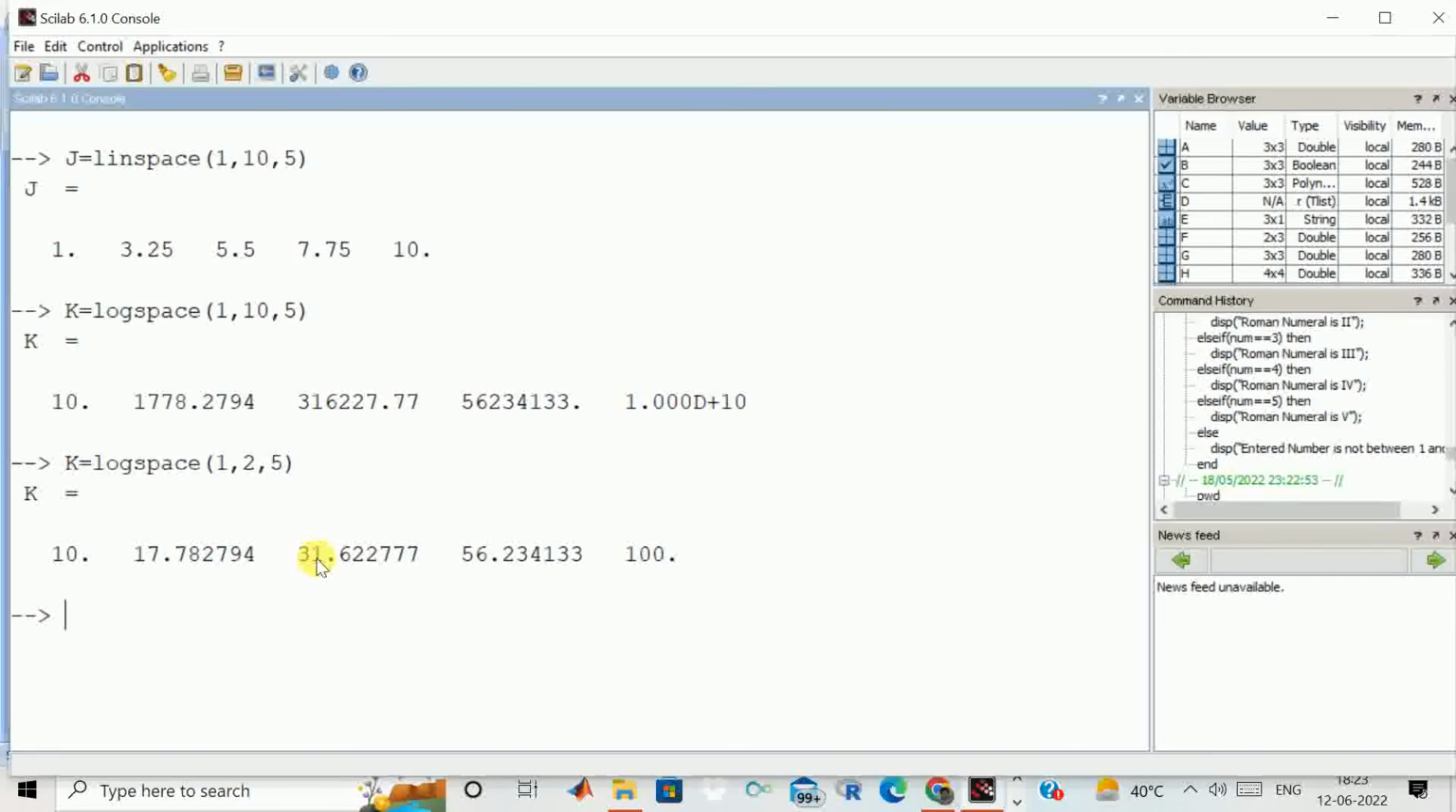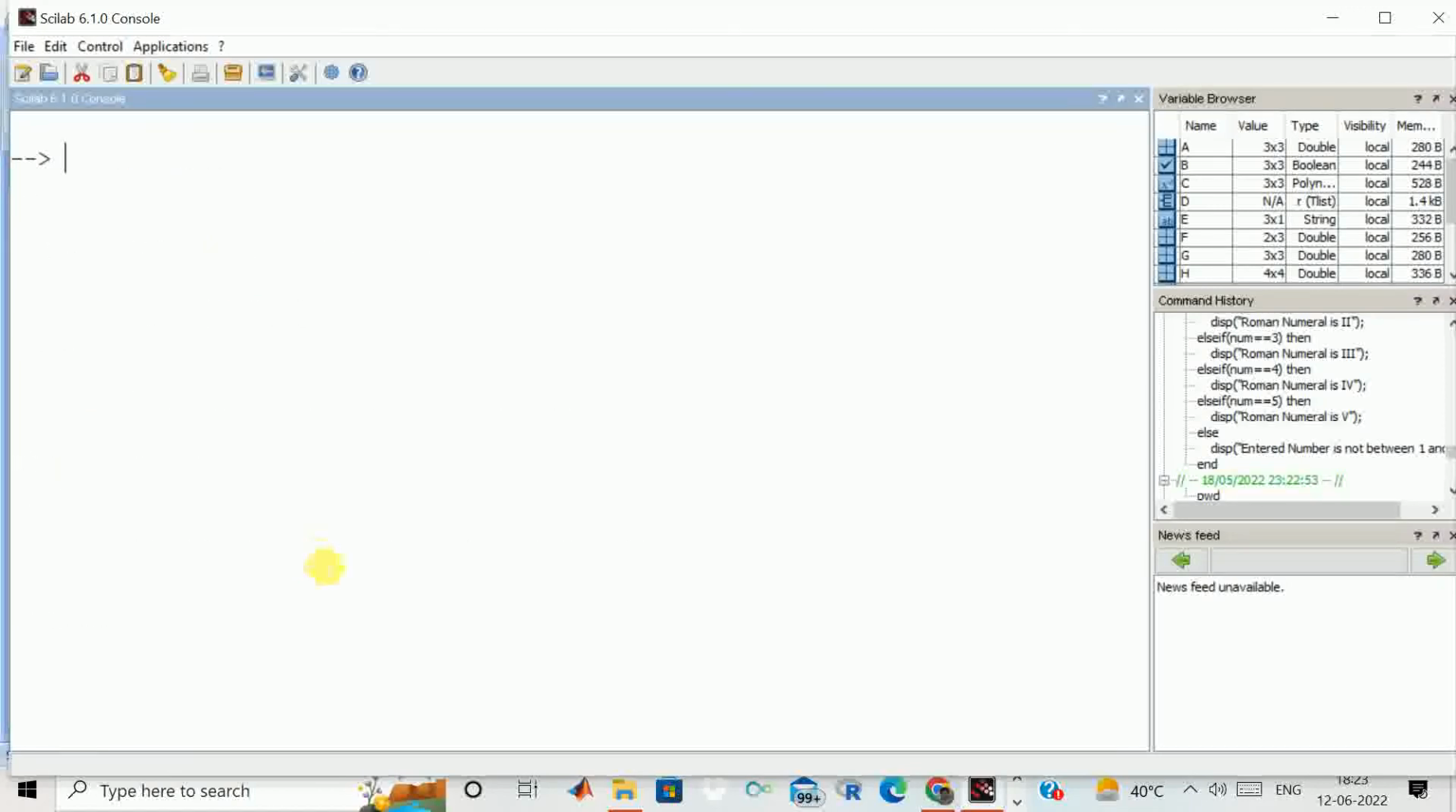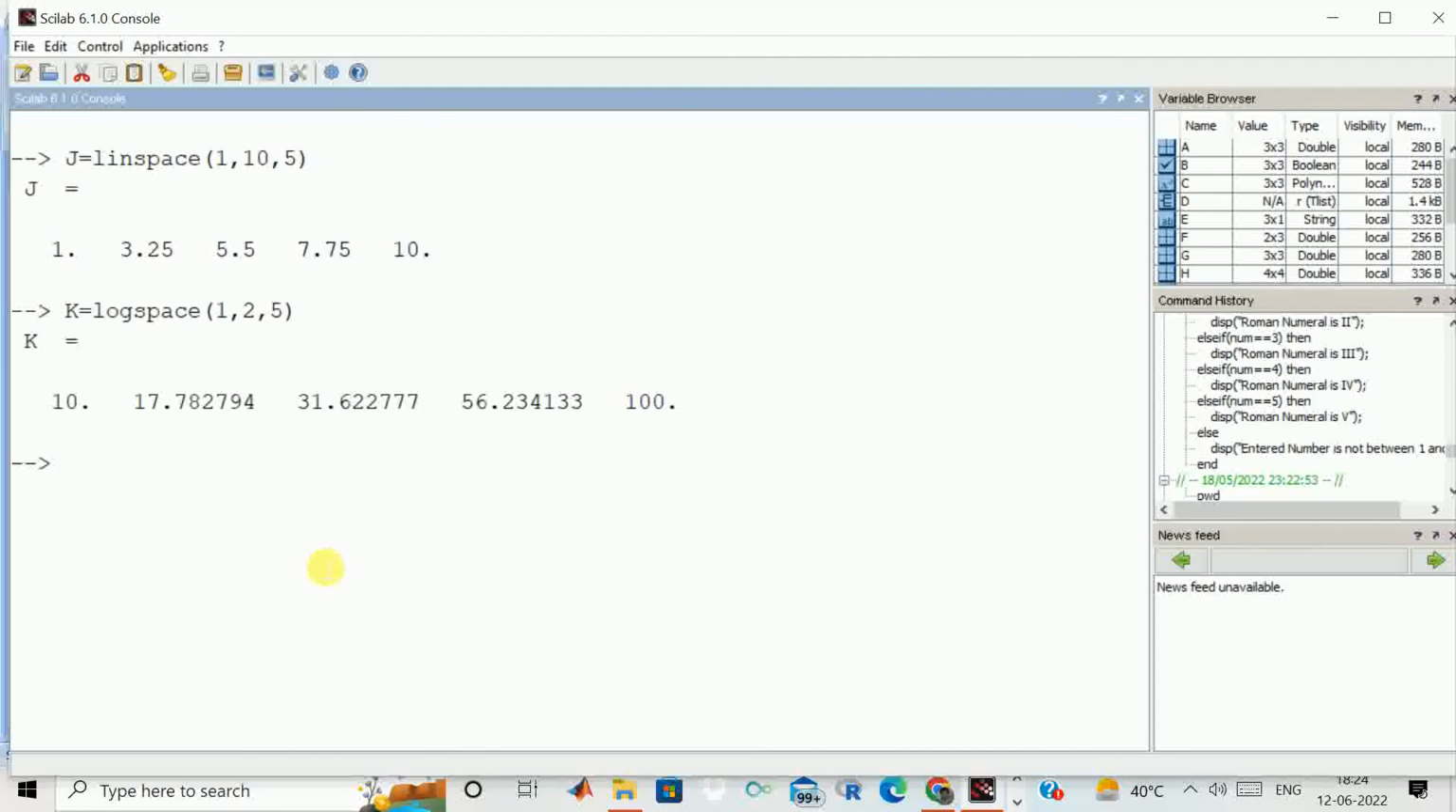So I write clc. So I'll just again show you. We have linspace where we have linearly spaced values between the first and last value that you define, and we have logspace where the values are, the first is 10 power 1, the second is 10 power 2 is 100, and